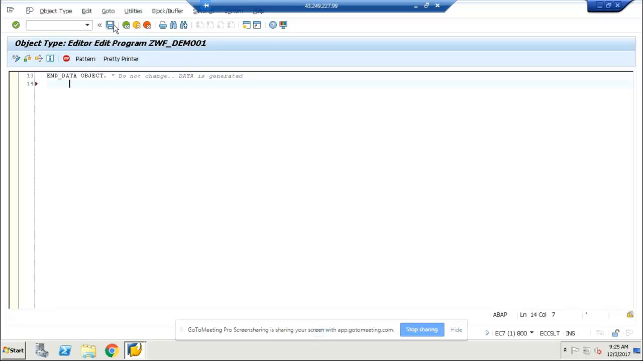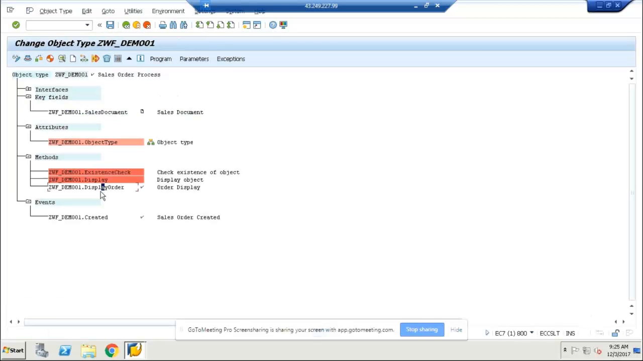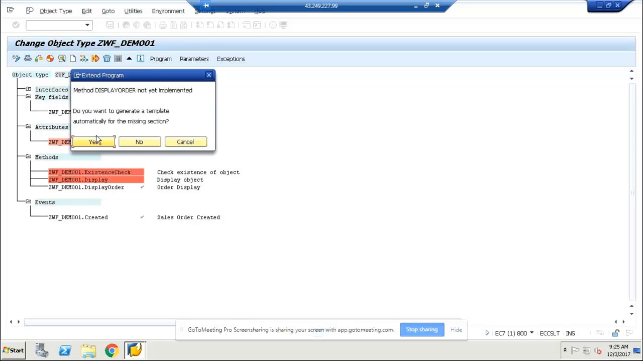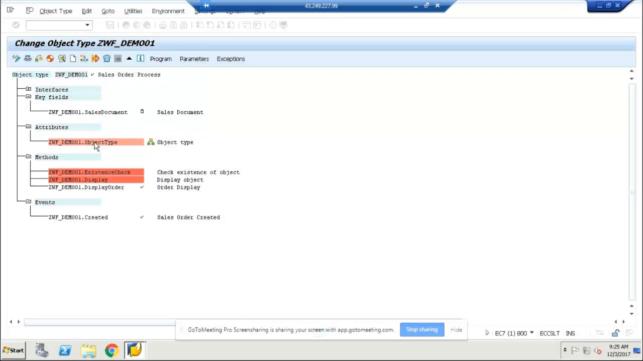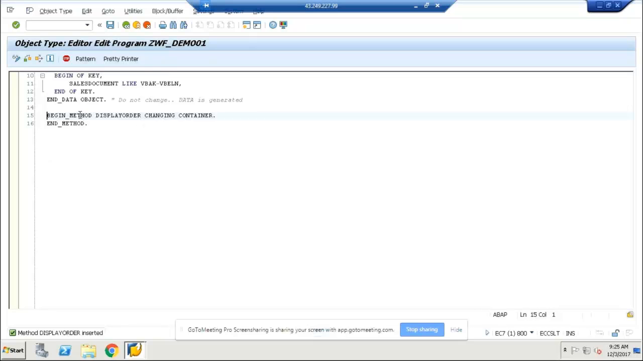So what we will do is, whenever you come here, you select this option. And now if you select this one, the system will generate a method with some parameters. Look at here now. See, now the system generated the method with a changing parameter as container. So I have just redefined the method. Just save it